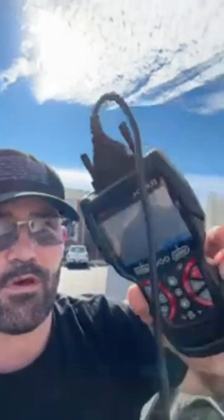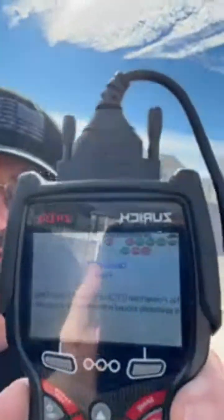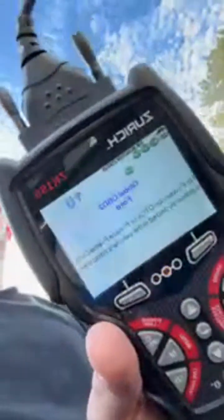So there we go. Scan tool's going to town. Tell me if you got any codes. And no, we do not. We don't have any codes. Wow, nothing. We're even in the yellow, so it means we're almost near perfect. So, without any codes, I can't really do a whole lot other than,